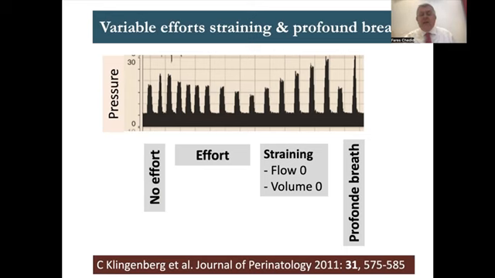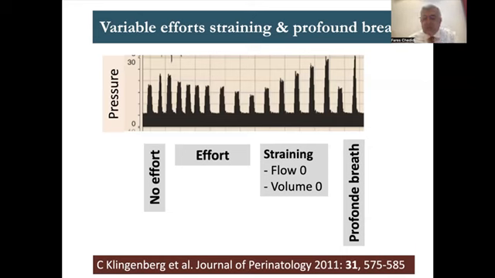If you look at the flow, you will find it zero, like no flow coming. And you look at the volume, it's zero because he's really blocking his chest. Then the machine will start shooting up and up his pressure while he's training, till at some stage he says, I'll take a deep breath. And he takes a deep breath, and while the PIP was already very high, with it the volume will go very high.